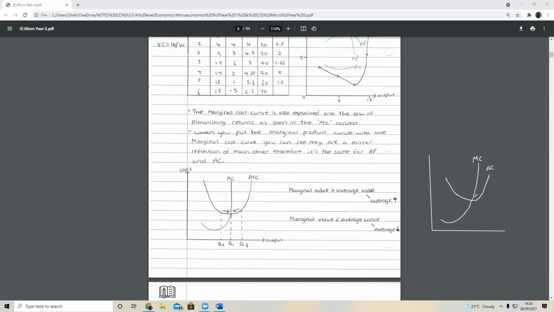And why did I draw this graph like this? The reason I drew this graph like this is because marginal cost mathematically has to go through the bottom point of the average cost curve, the midpoint kind of thing. Let's just say the average cost looks like a bucket. It has to be the middle of the bucket. And that's a rule. So every time you draw your cost curves, it always has to look like this or like this on the left. You don't need to know why. You just need to know that's how it is.